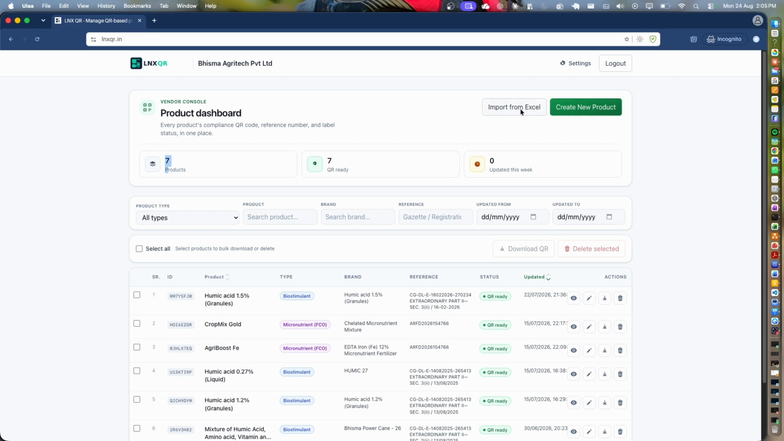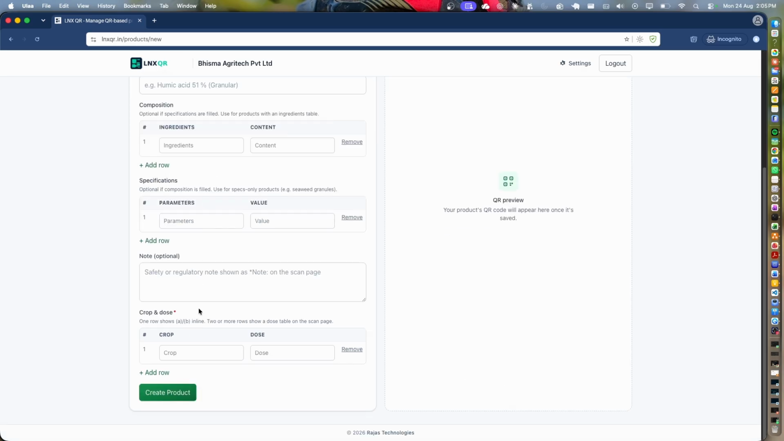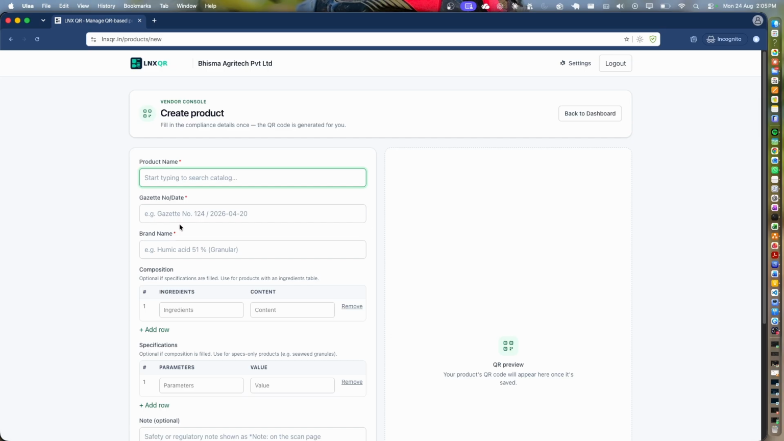You have the options to import from Excel and to create a new product. Once you click on new product, you can register both biostimulant and micronutrient products. I want to create a biostimulant product, so I will click on biostimulant. Here you can type the details manually, or else you can search from here. For example, I will search for humic acid,